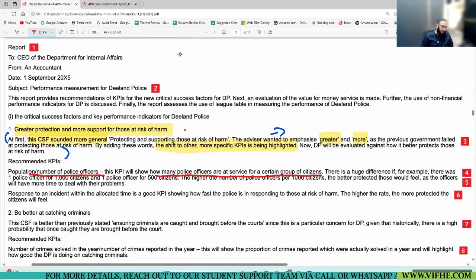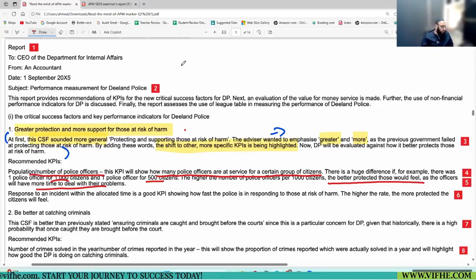Okay. Those who will feel better protected are where there is a smaller number of people to be governed by one police officer. Yes or no? What is better? An example is given, 500 per police person or 1000 per police person. 500 per police person.